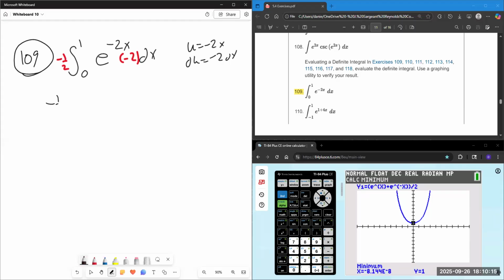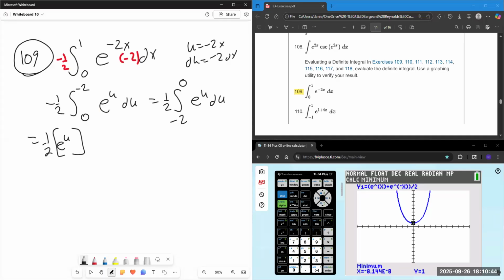I have a -1/2, change my bounds. So u is still 0. Upper bound -2 times 1 is -2. E to the u du. Those bounds are backwards. So I need to go -2 to 0, and that changes the sign of the coefficient out front. E to the u du is a 1/2 e to the u evaluated from